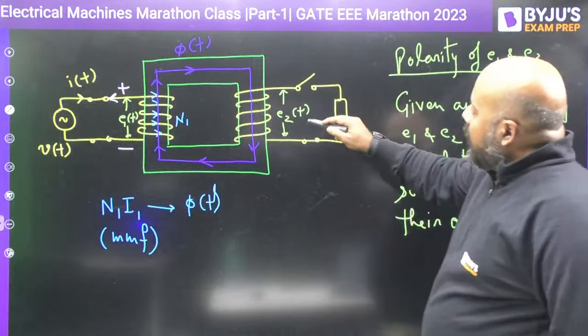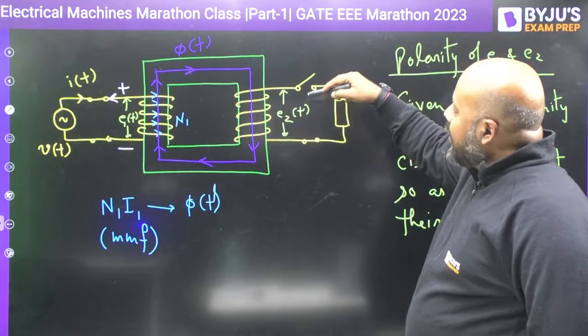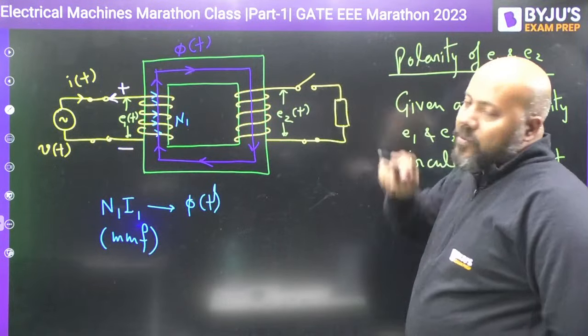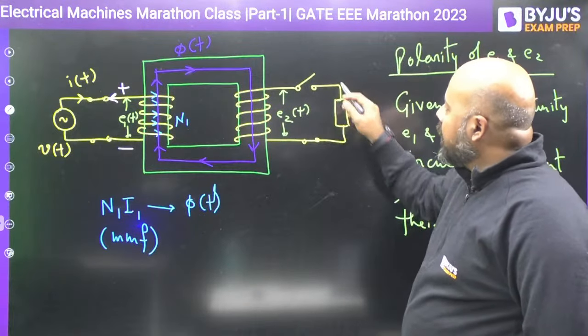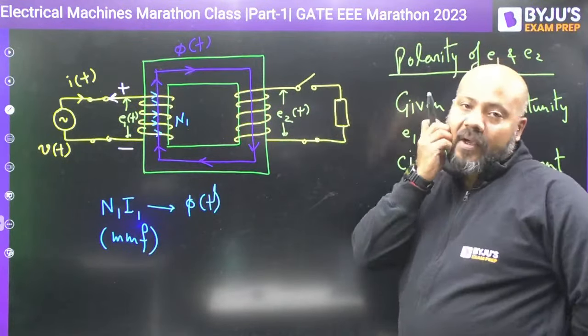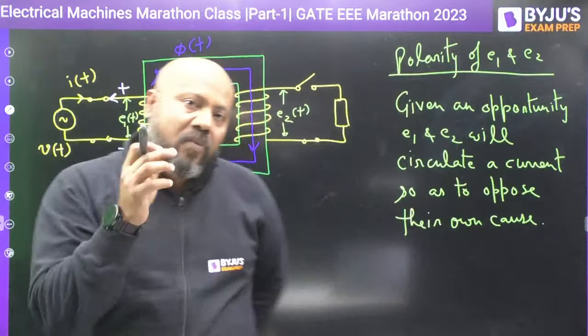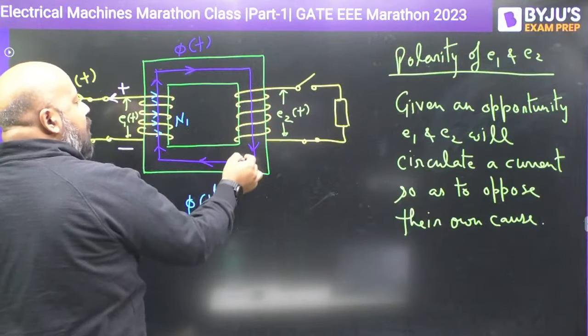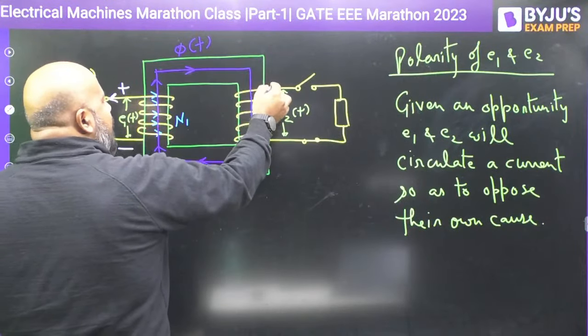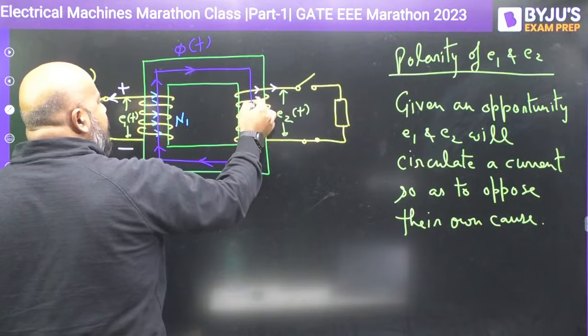In the same way, if you give E2 an opportunity to circulate its own current, how is it possible? You short circuit this, close the switch, then what will happen? E2 will circulate its own current in such a way that it opposes its own cause. Now what is the cause for E2? The cause for E2 is the time varying flux. So if it flows the current in this direction,